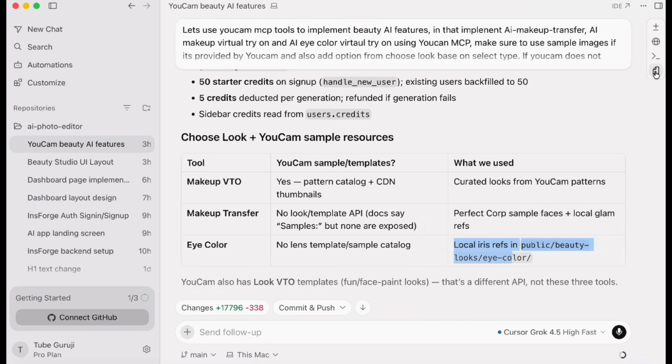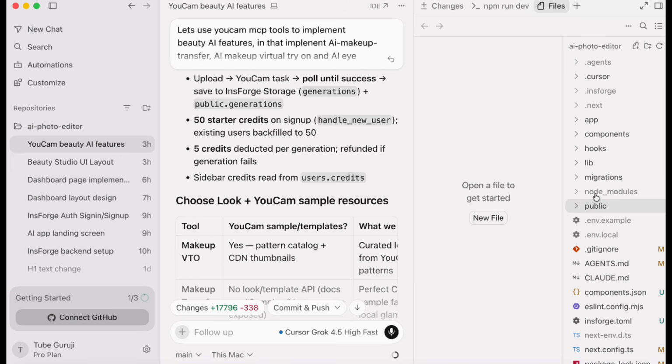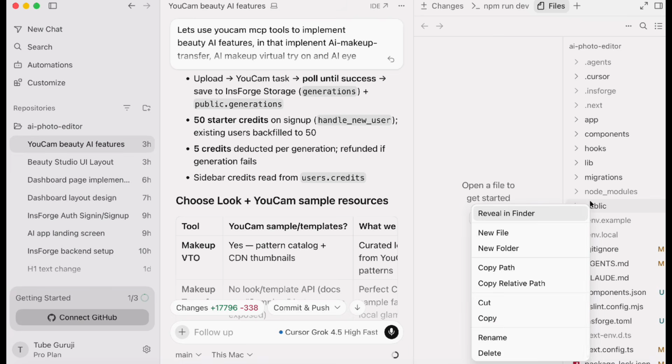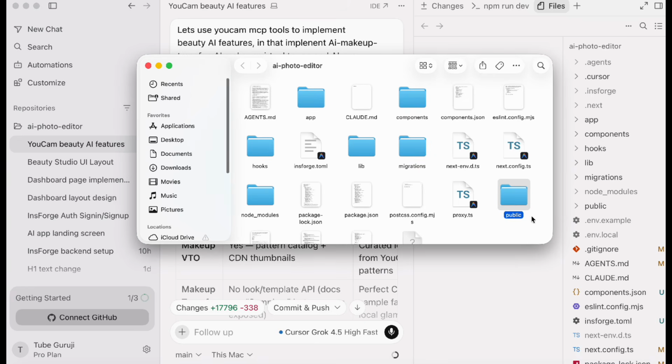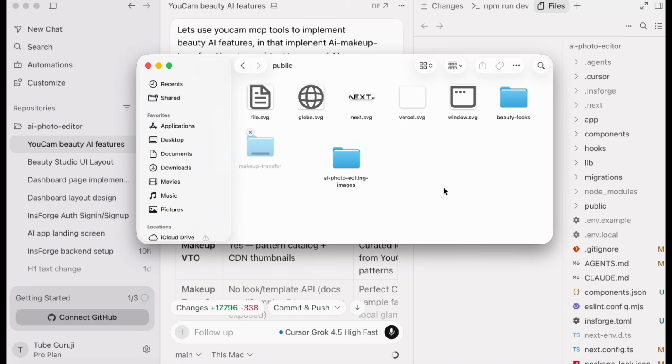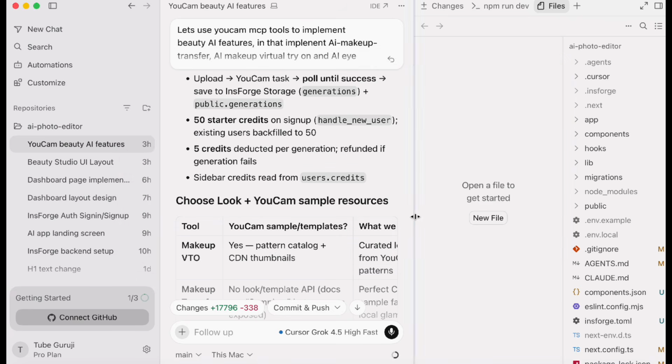Let's open the file. Inside this we'll simply open the public folder, and say reveal in Finder, so it will be easy to copy and paste, and then paste these 3 folders. These assets are free, I will put the link in the description. Once you've added these assets, now over here